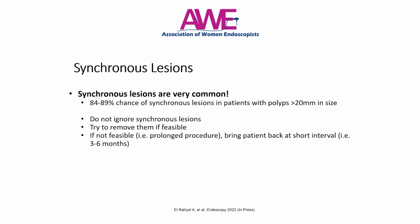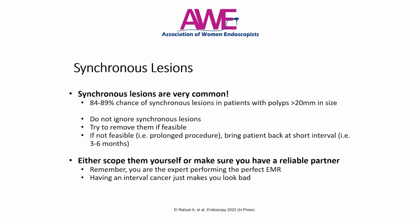If it's not feasible, like if you've thrown 3 hours at an EMR in the cecum, okay, I get it. The patient's cecum can only handle so much and the patient can only handle so much. Fine, bring the patient back, but bring them back soon, so within 3 to 6 months. But I always, always repeat the scope myself, or you make sure you have a really reliable partner,